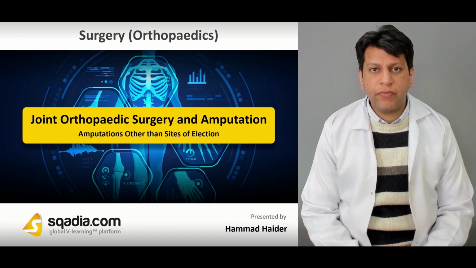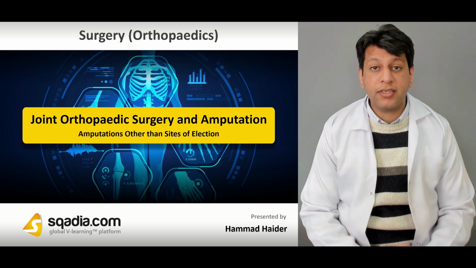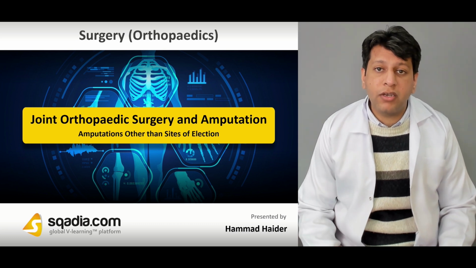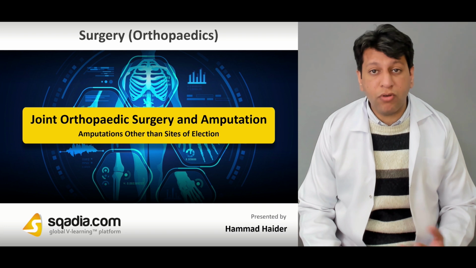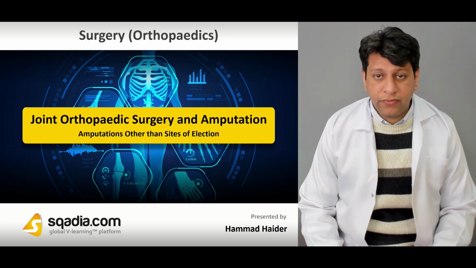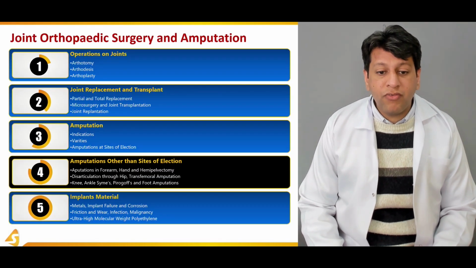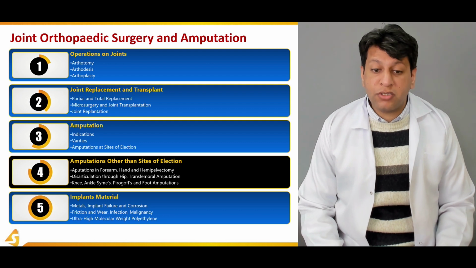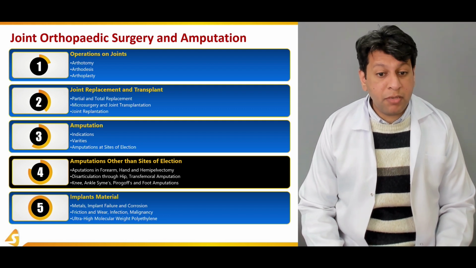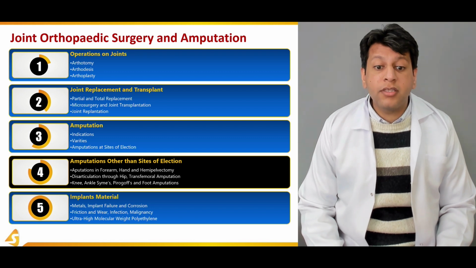Now moving on to our fourth section, that is the amputations on the other sides of elective areas, where we can go for amputation. Sometimes we have to go for amputation as the first choice of surgery. We'll be briefly going through the amputations in the forearm, hand and hemipelvectomy, disarticulation through hip, transfemoral amputations, then knee,